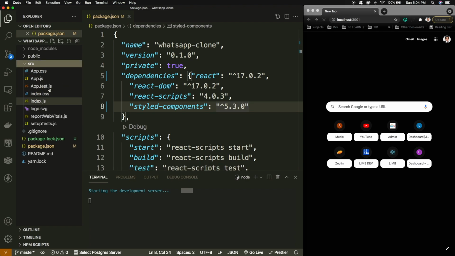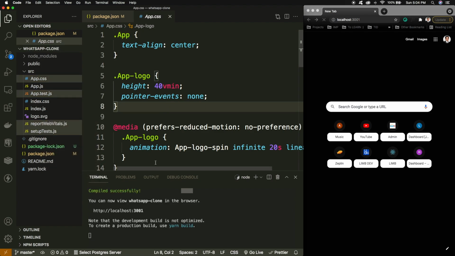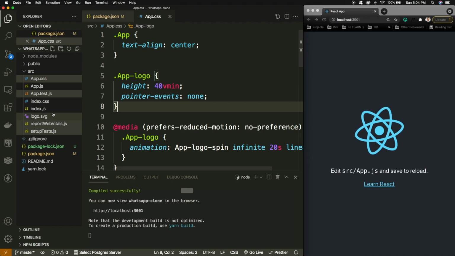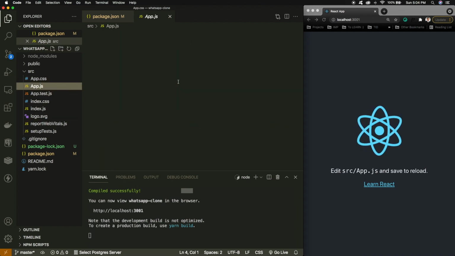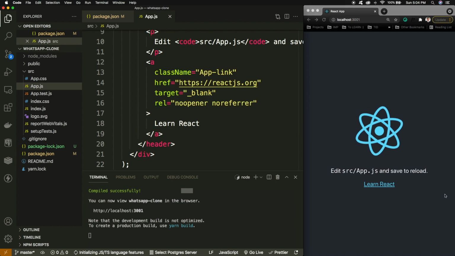And if I go to the folder structure, as I said that I will not be using the CSS, I'll be working with the styled-components, so I'll just remove the App.css, App.test, and some test related stuff. But before that, let's see if the React application is working or not. So yes, the React application is working. And if I just wanted to walk you through the file, this is the file App.js, which is responsible for rendering this particular dummy application or the dummy UI.